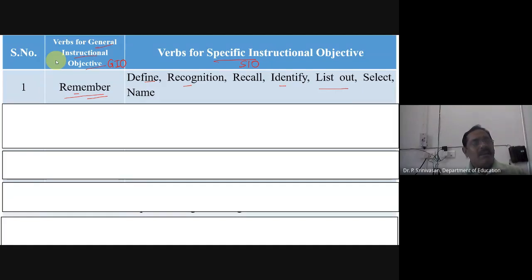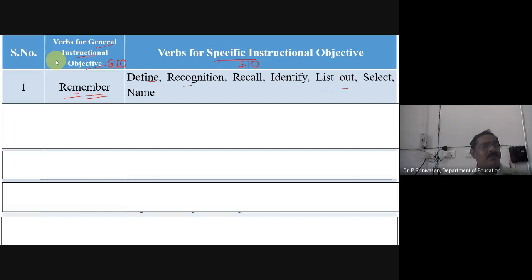If I say I remember the definition of psychology, how do you know that I remember it? I can say I know full about psychology, I have read psychology, I know all of this. But how do you know that? What you have to do is ask me questions. Define psychology, like that. Then I will tell, and you know I remember psychology.